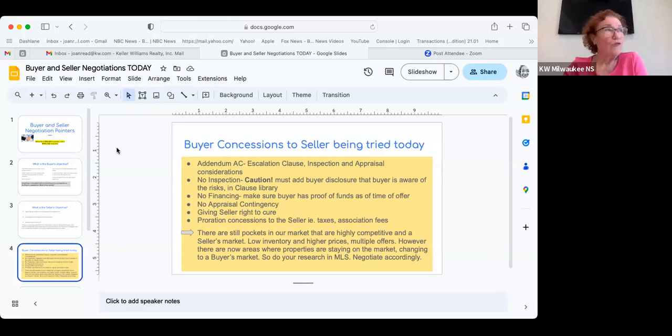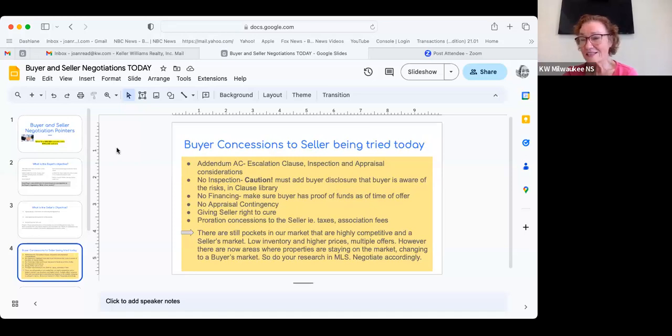Buyer can also say no financing. Obviously, sellers like cash offers. They don't have to sit around and wait for that loan commitment. But with no financing, it has to have current proof of funds, sent with the offer. What are proof of funds? The funds they're going to use right then, at the time of the offer. Not when they get a loan, or when they get a bonus, or when they can cash things in before closing. Those are not proof of funds. It has to be at the time of the offer being written. They have this money sitting somewhere, and then you have to show evidence of where it's sitting.